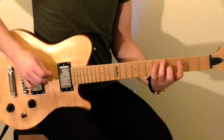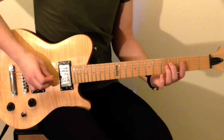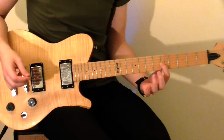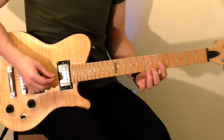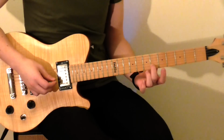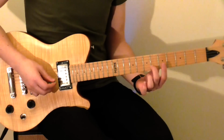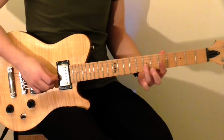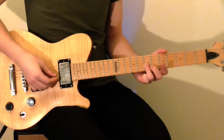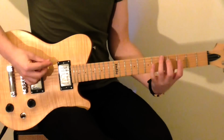So in total, then first finger goes on the 5th fret of the G string, and then second finger, 6th fret of the B string, and then you finish on the 3rd finger going on the 7th fret of the G string. So in total,